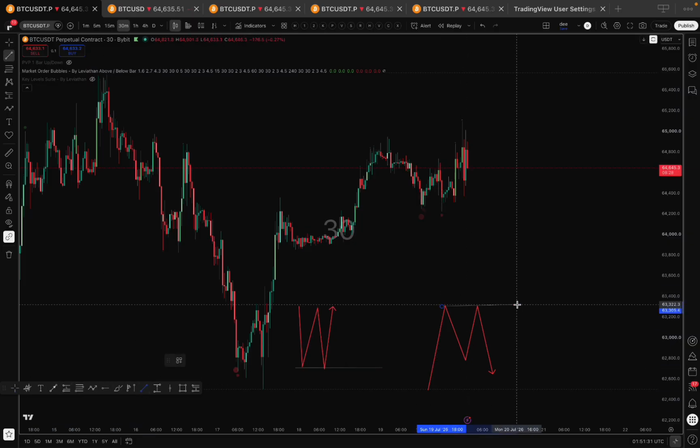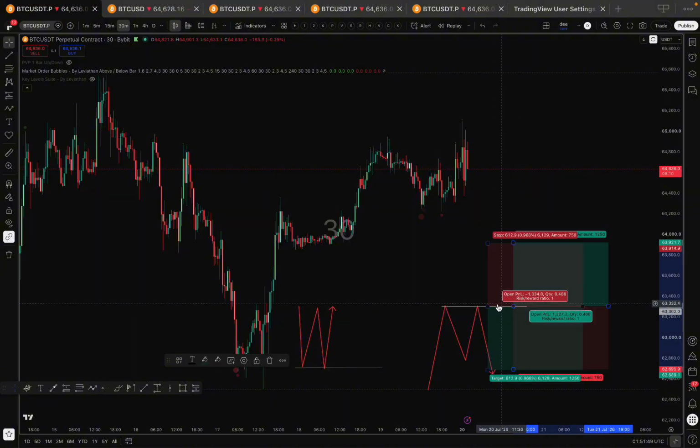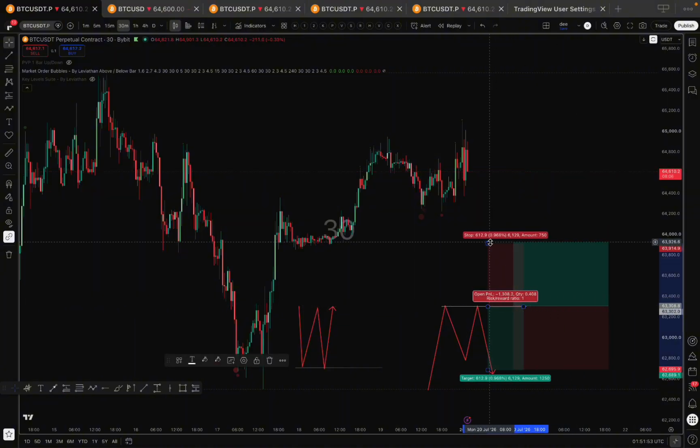Now liquidity can be spotted above this level. Why? Because we have traders. There are two things that can happen at a high. We have traders who are shorting the market here, and we have traders who choose to long the market at this point. We call them breakout traders. These are two scenarios you can see at a high.